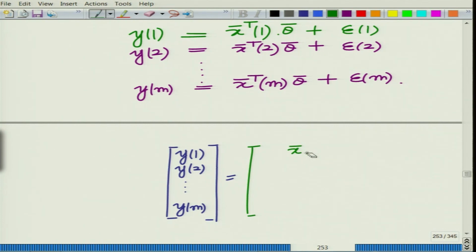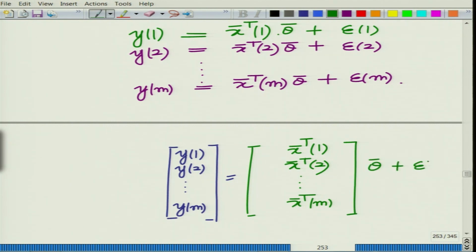X bar transpose 1, x bar transpose 2, so on, x bar transpose m times theta bar plus epsilon bar, which is the error,